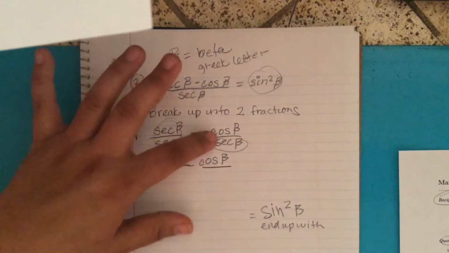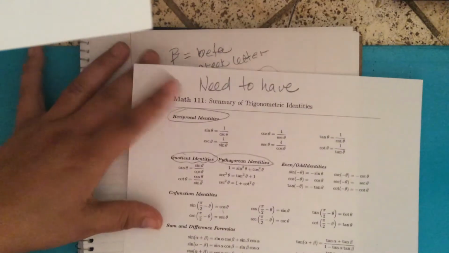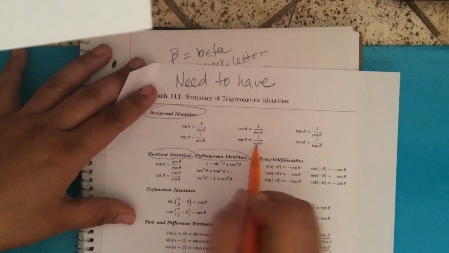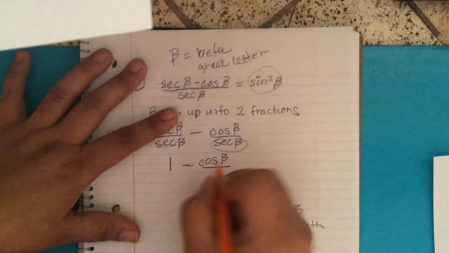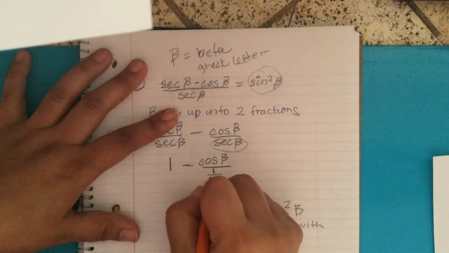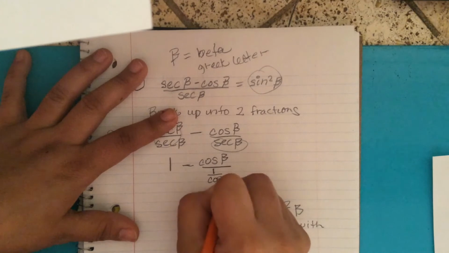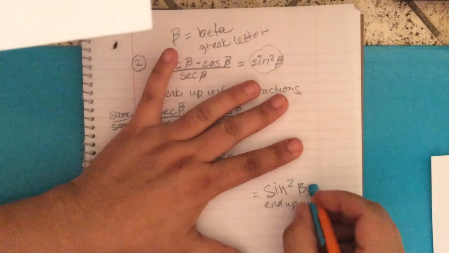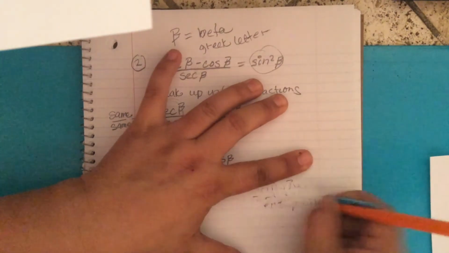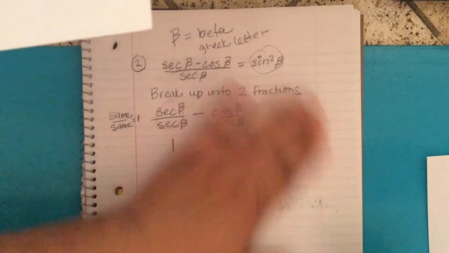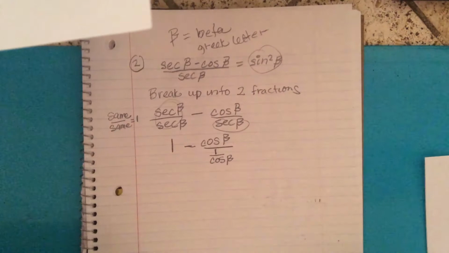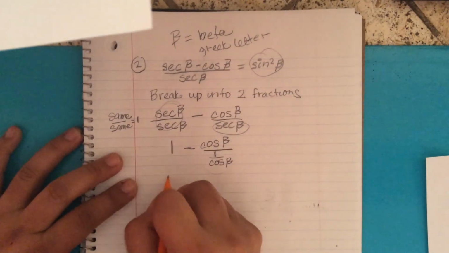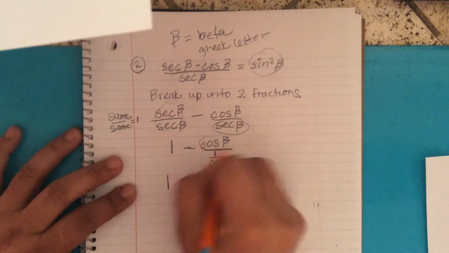the secant of beta, and this is where I'm going to turn the secant into cosine. The secant is 1 over the cosine, so this is 1 over the cosine of beta. Okay, so now I'm going to keep moving this. I'm going to require more room. Now this right here is really 1 minus the cosine of beta